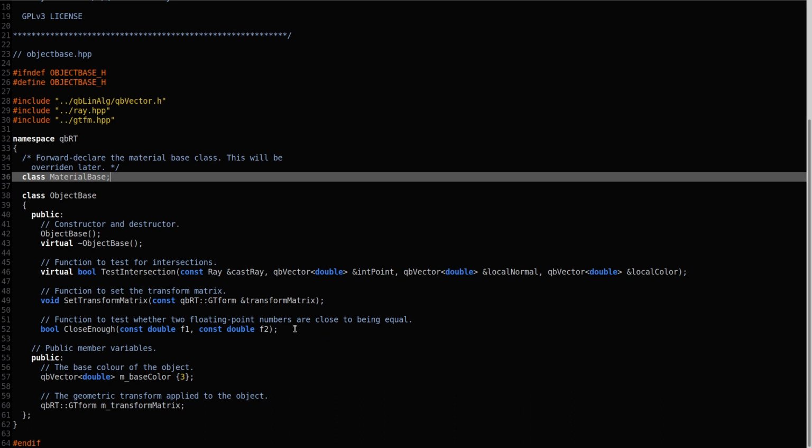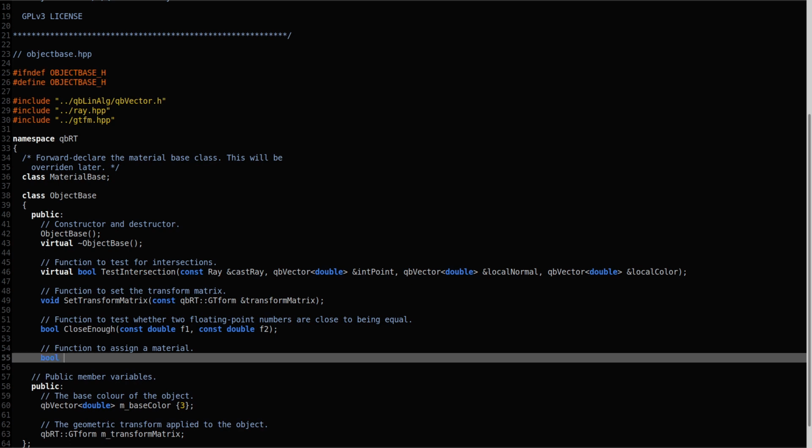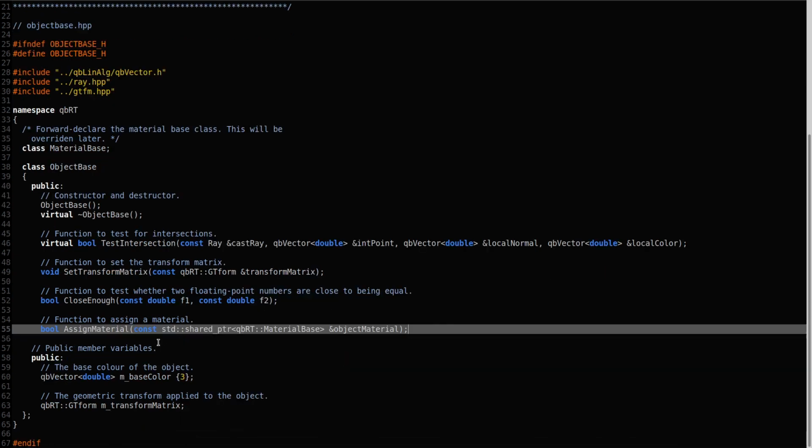And we need a function. We need one new function definition. We need a function here, a function to assign a material. Okay, which is going to be bool assign material, const std::shared_ptr of type qbrt::material_base, a reference to object material, just like that. Okay, and save that. And then we need to declare the